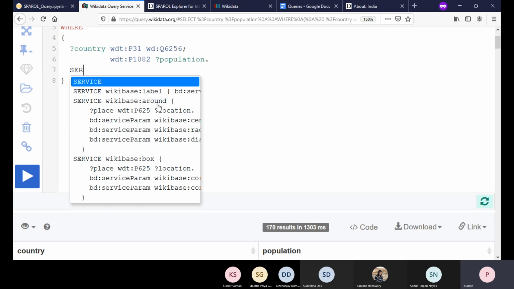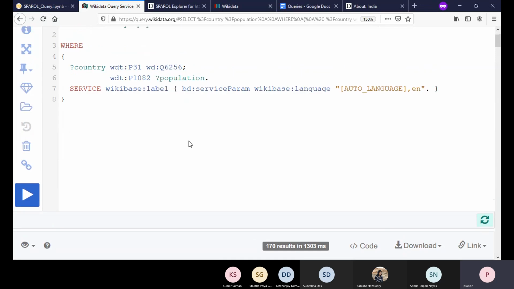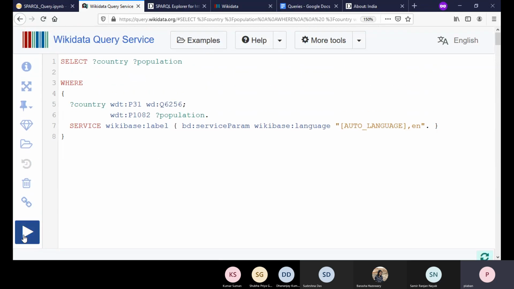The around service gives you something like, given one area, what are the other items associated with this area within a given radius or something like that. And box is a bounding box around a location specified by a set of coordinate points. We'll come to those later, maybe in a subsequent session, not today. So we are interested in this Wikibase label, right? Now, if you do so and try to execute this query,